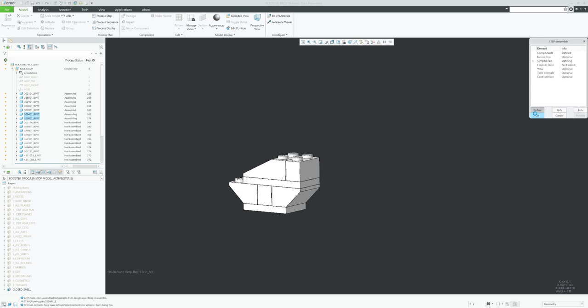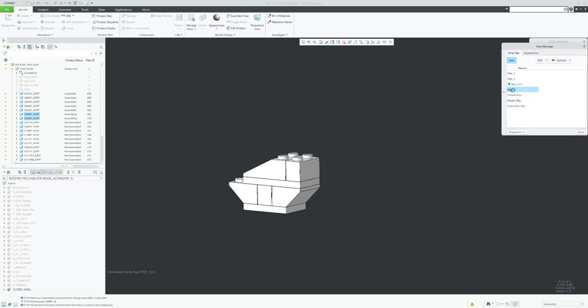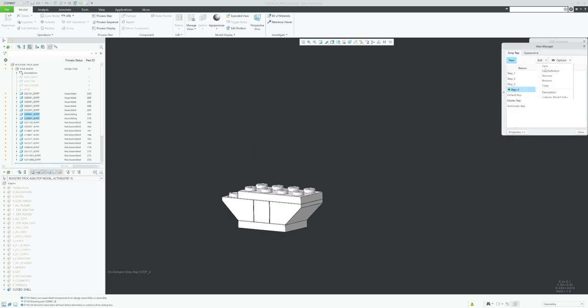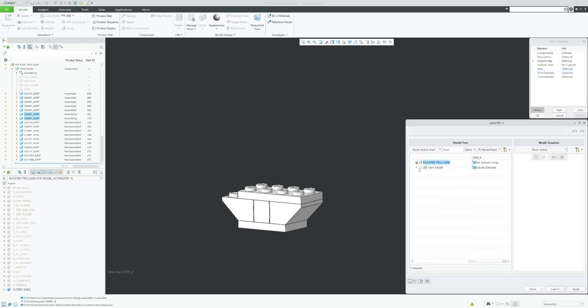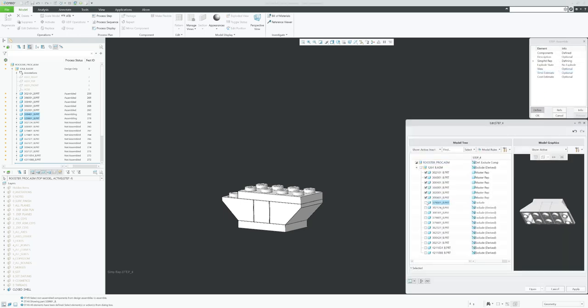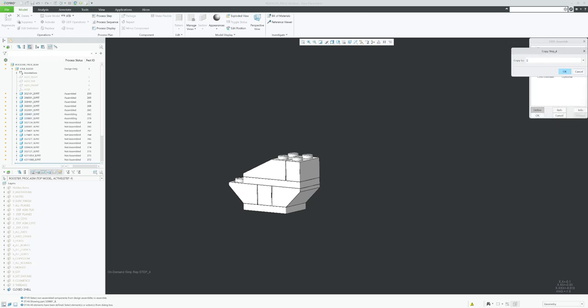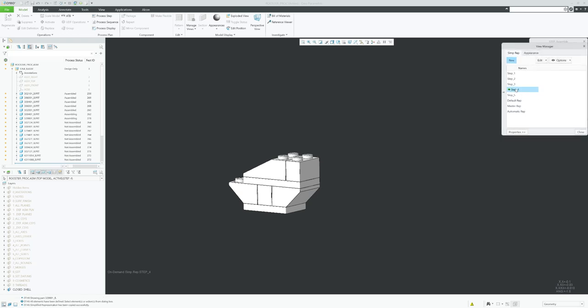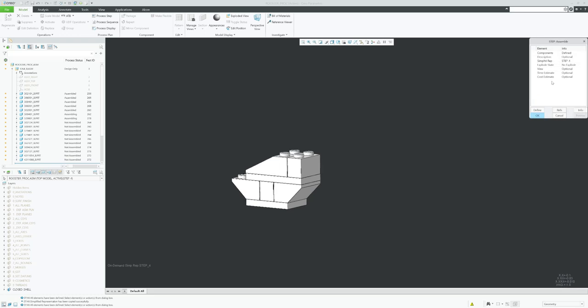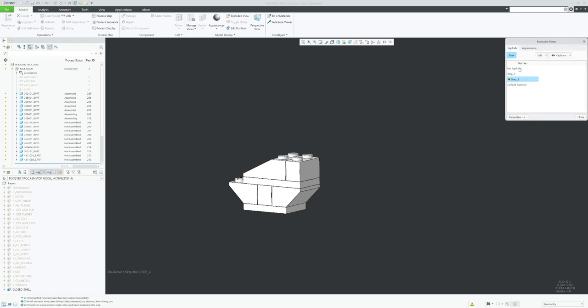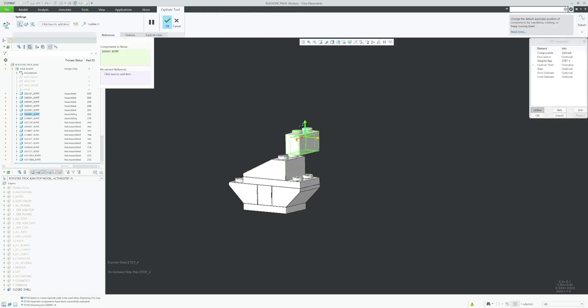Simplify representation, define, double click in the step number 4, edit definition, and select the two new components, open. Let's make a new copy of this one, step underscore 5, yes, keep underscore 4 selected, close, explode, define, new, step underscore 4, edit position,